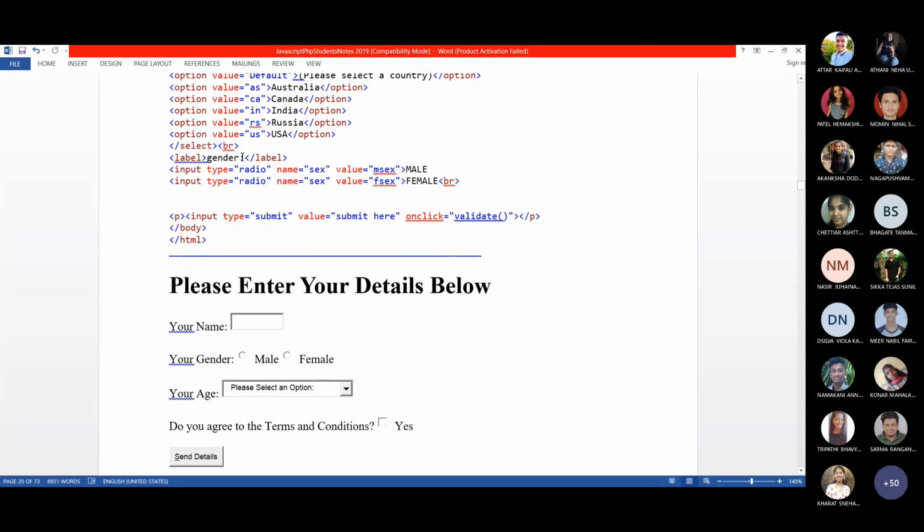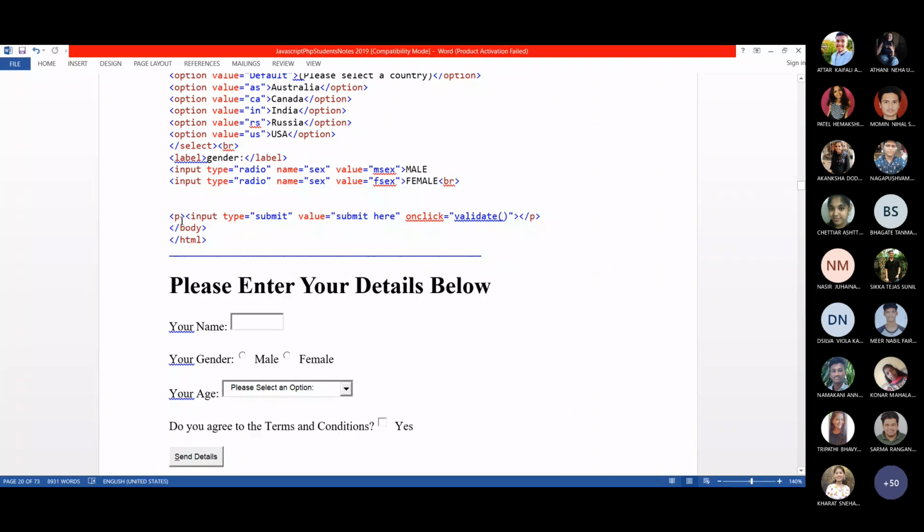So for the radio button, using the name attribute, we are not identifying each and every radio button in one set. We are uniquely identifying a single set of radio buttons. But each and every button should have a different value. So we are giving a different value. This is the text which will be displayed near the radio button. So radio button and then this text, and then the next radio button and then this text.